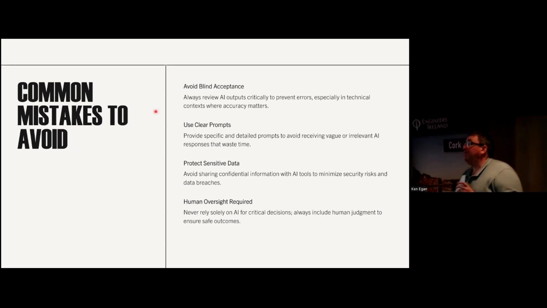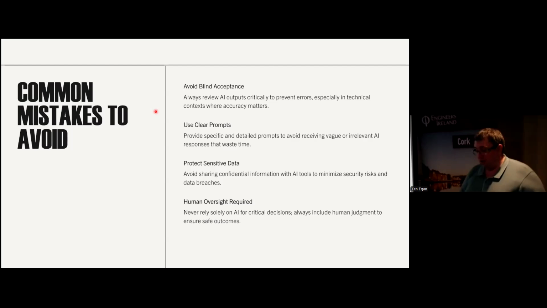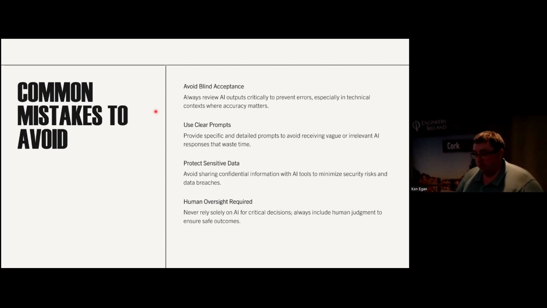So try not to be vague in your questions. I used the example of the beam. Give it a bit more context. The example there is, tell me about retaining walls, right? Some people tell me a whole lot about retaining walls, but there are different types of retaining walls. If I was on about a cantilever retaining wall using Rankine theory, you get a whole other different response out of it. So you just need to not be too vague, but give it enough information.